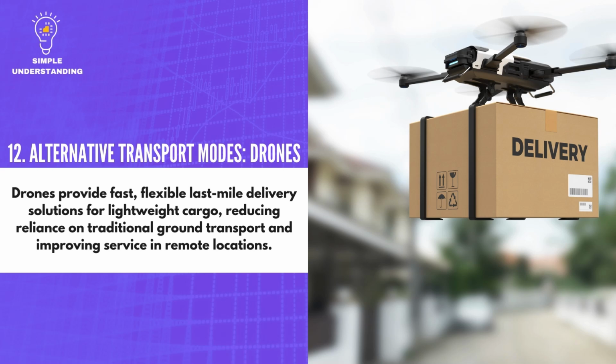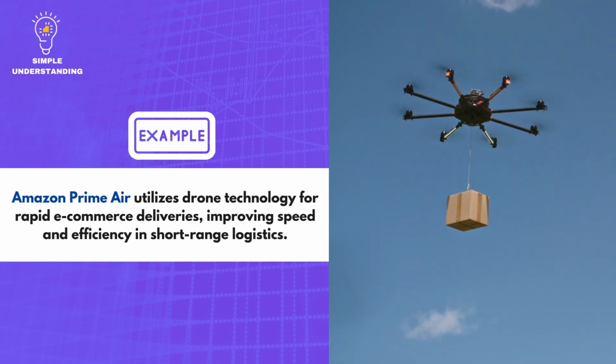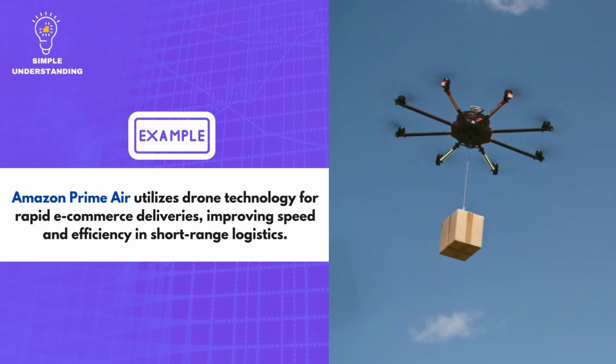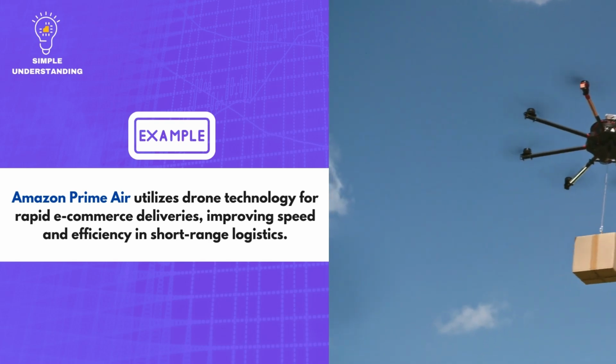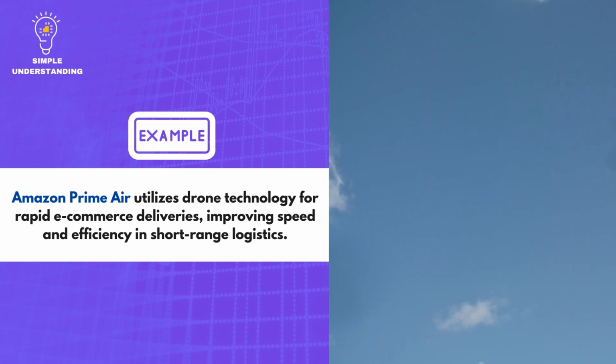12. Alternative transport modes. Drones. Explanation: drones provide fast, flexible, last-mile delivery solutions for lightweight cargo, reducing reliance on traditional ground transport and improving service in remote locations. Real company example: Amazon Prime Air utilizes drone technology for rapid e-commerce deliveries, improving speed and efficiency